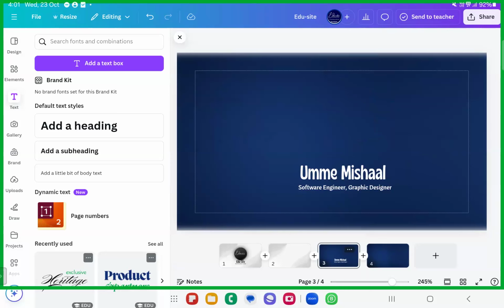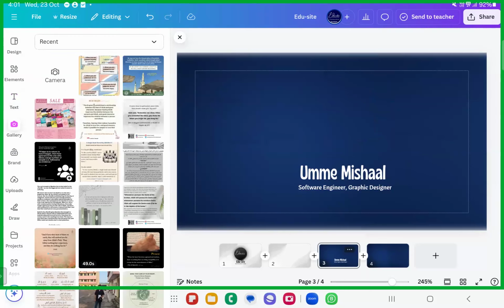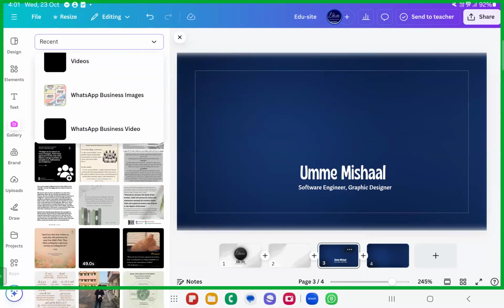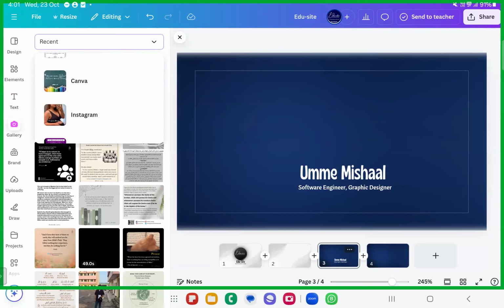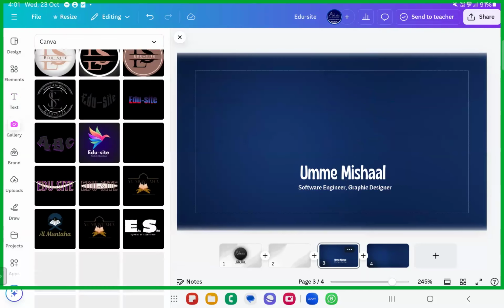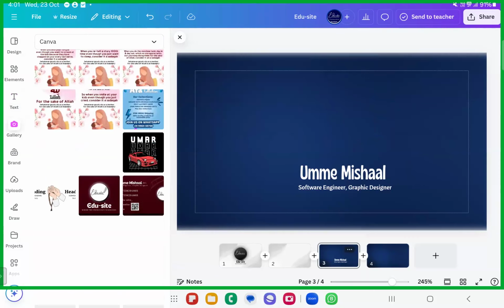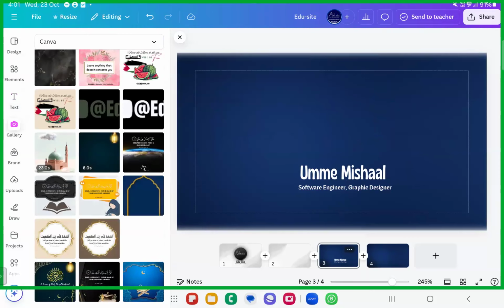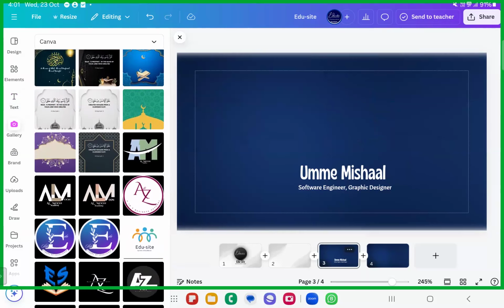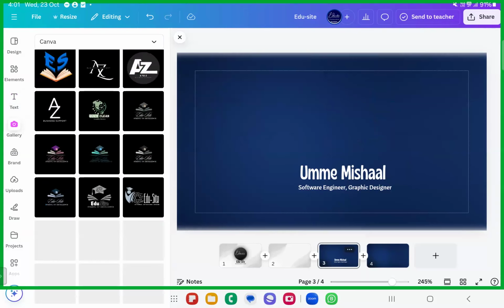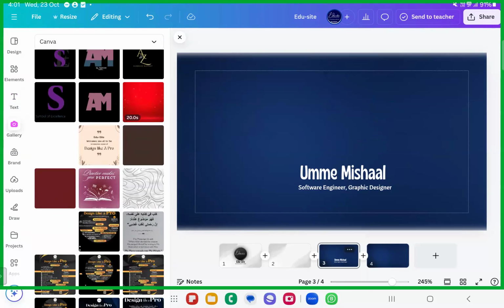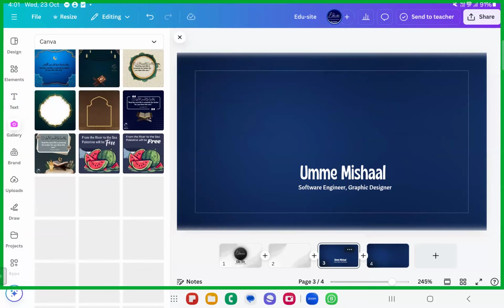For example, if you have the names of our students here, I will check. The student names were created previously for the students.